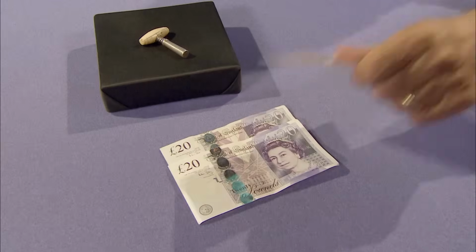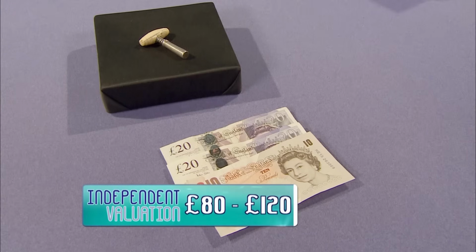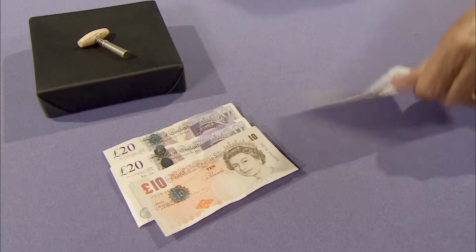So if you got £40 for it, you'd be quite thrilled? No. No. How about 50? No, thank you. No, very firm. Here's David Hume. Well, I thought it was a very firm no. 80 to 120 pounds is the independent value and the auctioneer. Having got David's advice, if I said £70,